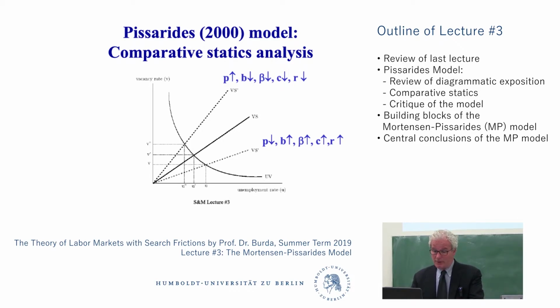We also learned the bargaining power of the worker is important. The bargaining power of the firm as the complement is important. Things we've never talked about before in labor economics. What does it cost to post a vacancy? Suddenly becomes important. Okay, so search costs from the firm's perspective are important. The separation rate. Okay, matching efficiency. So all these things matter.